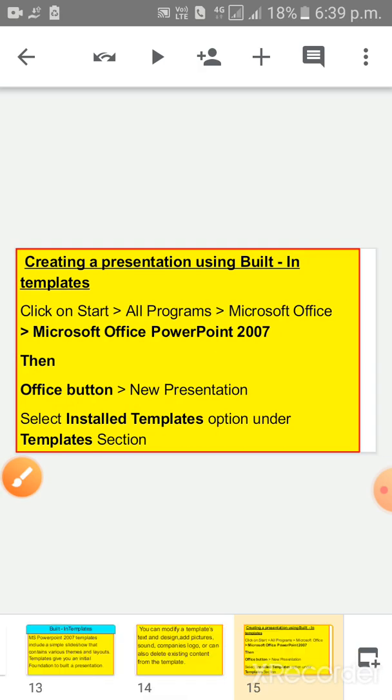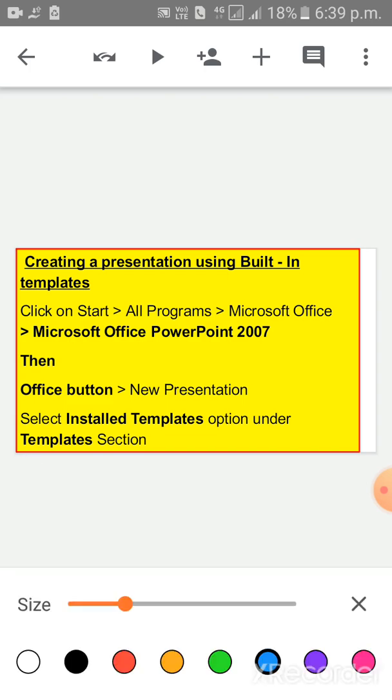Now children, how to create a presentation using a built-in template. Click on the start button, then go to All Programs, then Microsoft Office, and lastly click on Microsoft Office PowerPoint 2007.